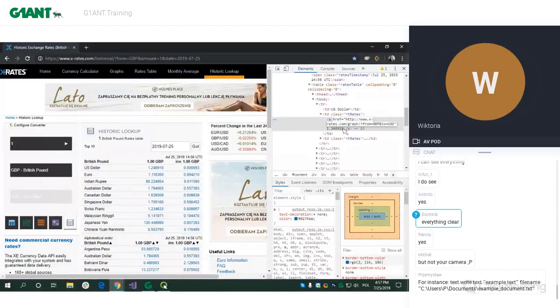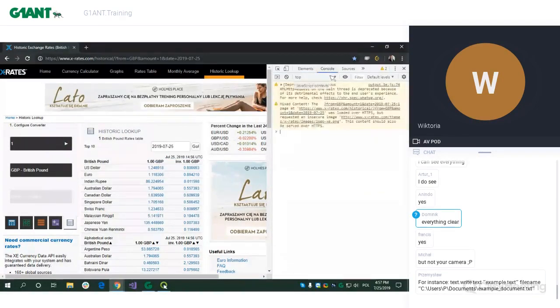So I'm just going to copy this link. Okay, and you see that this element A, href equal to this link, and I'm going to open the console on the browser that I'm using, and it's Chrome,